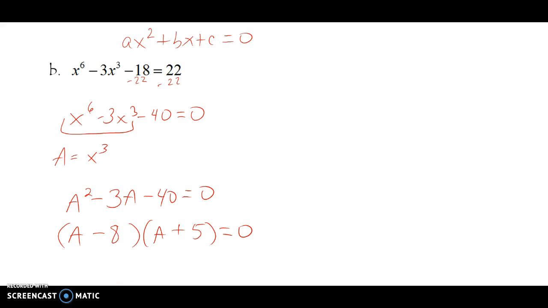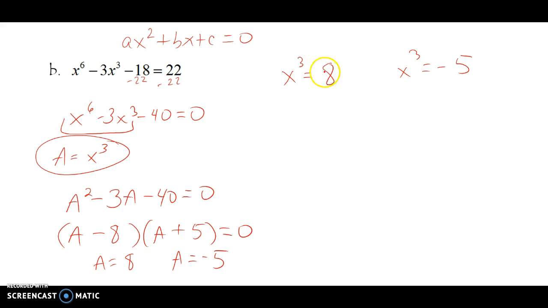So we end up with the solutions of a equals 8 and a equals negative 5. But remember, we started with x's, so now we need to go back to that original substitution idea. So x cubed must equal 8, and x cubed must equal negative 5. Now just think about this. Can we cube a number and get a positive? Yes. Can we cube a number and get a negative? Yes. So to solve each of these, we're going to take the cube root,